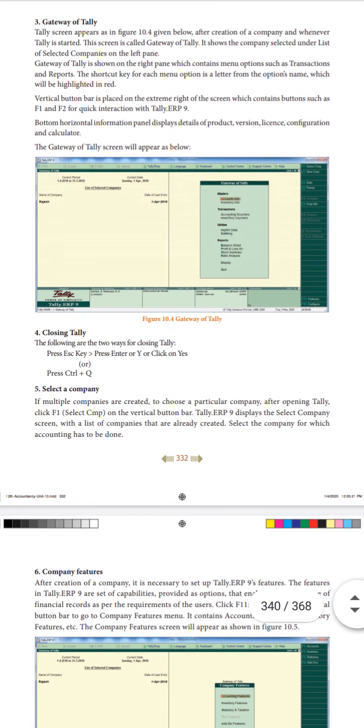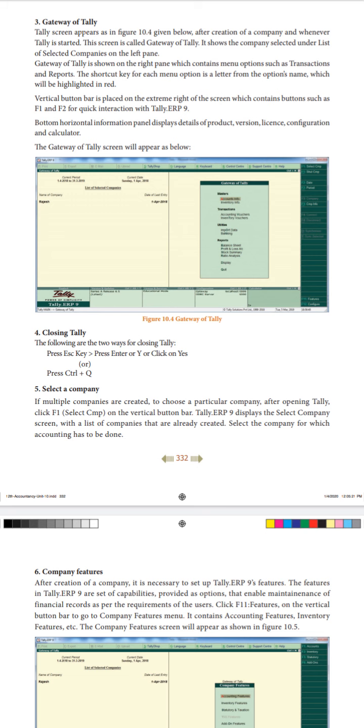Then the third one is Gateway of Tally. Once you create the company, whenever you start your Tally session, whenever you open your Tally session, immediately a screen will pop up with your list of companies and so on. This particular screen is called Gateway of Tally.